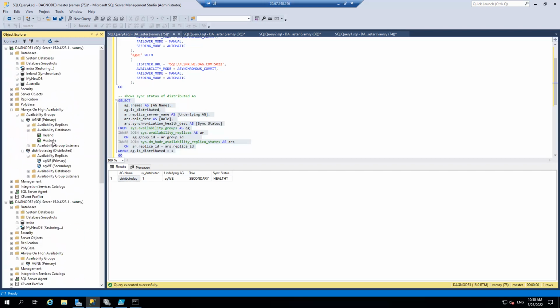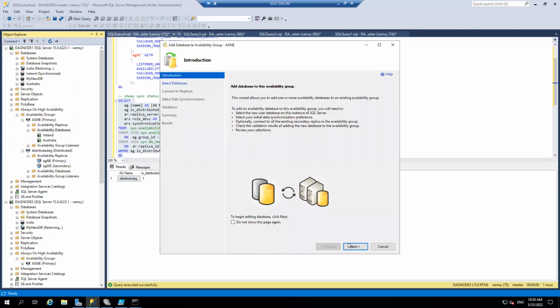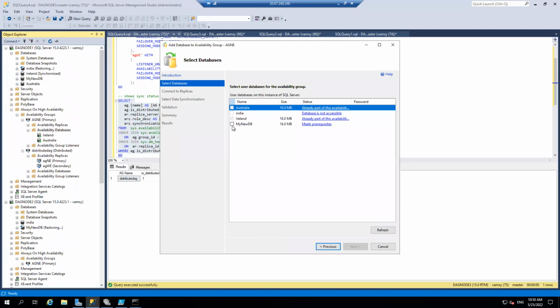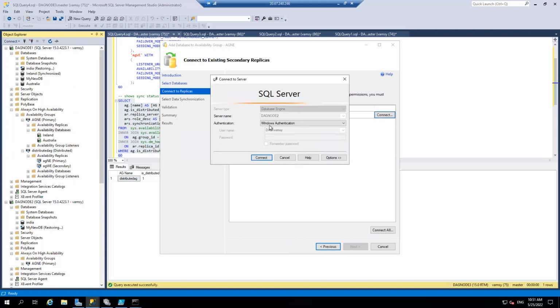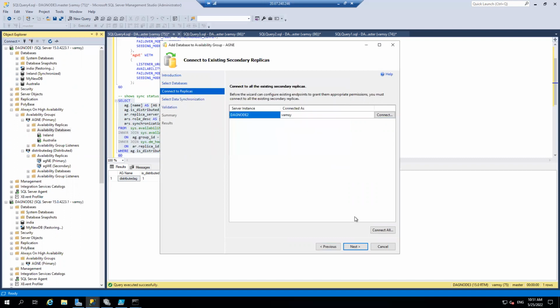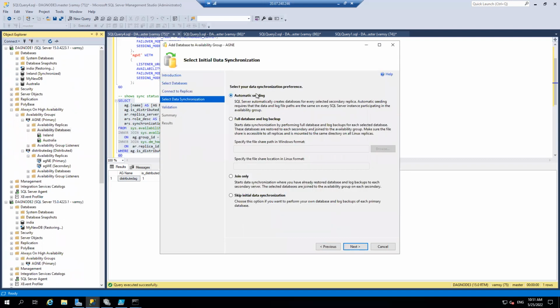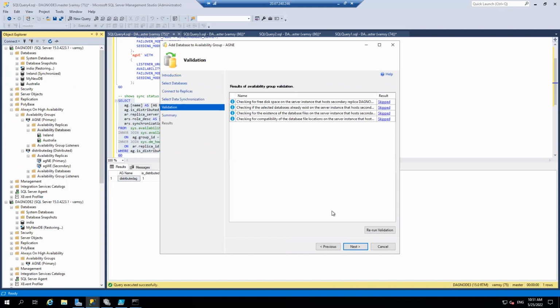And now if it is in restoring state, you can go onto the primary replica of the primary DAG and click on next, and you can select your database. Instead of doing automatic seeding, it should be join only. Next, I think if you get any error, perhaps that log backup sync,